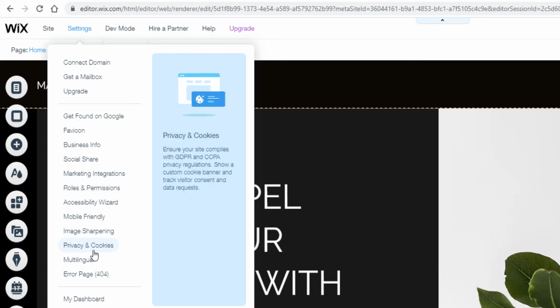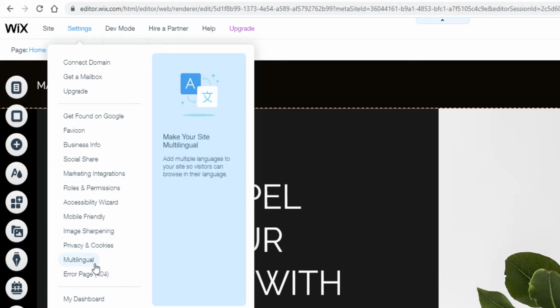Some Privacy and Cookies options are here, and if you want to make your website multilingual, like creating your website in 6 or 7 languages or more, you can easily do it with this Multilingual option. As you can see here, you can add multiple languages to your site, so visitors can browse in their language. And with this Error Page 404 option, you can easily create a custom 404 error page.